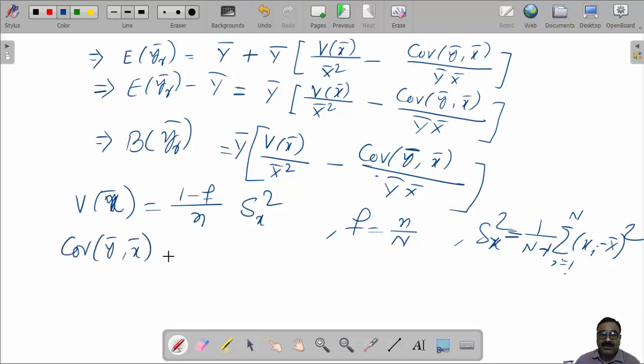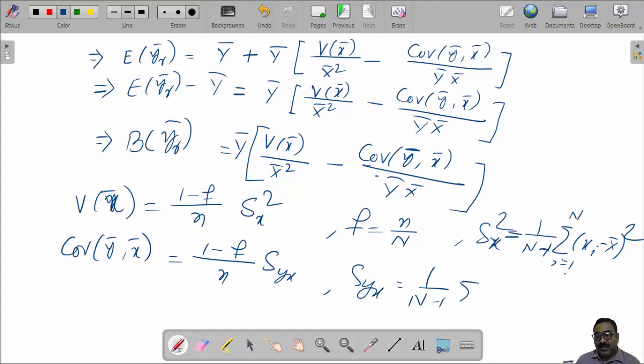So covariance of y bar x bar is also equal to 1 minus f by n syx, where syx is 1 by n minus 1 summation i equal to 1 to n yi minus y bar into xi minus x bar. Now using these values here, we can get